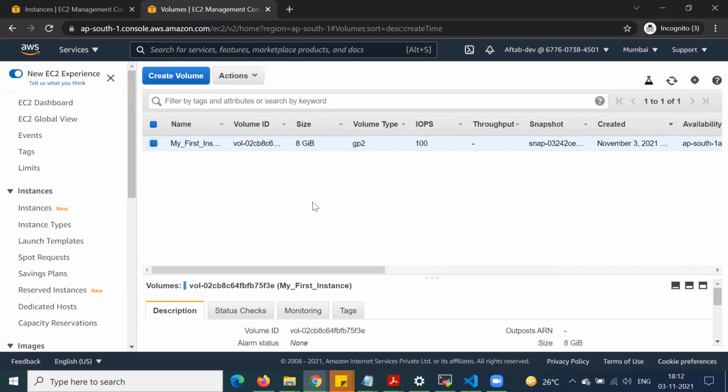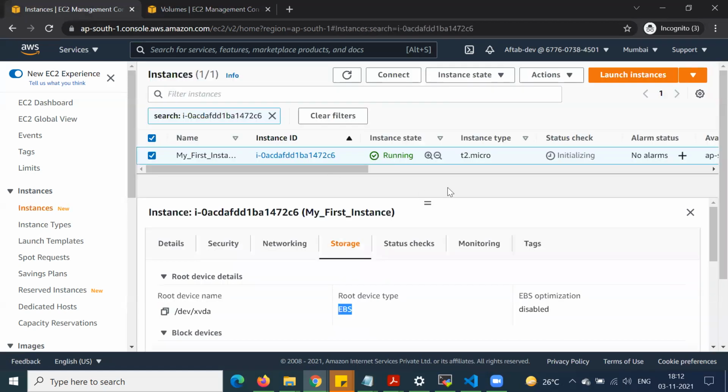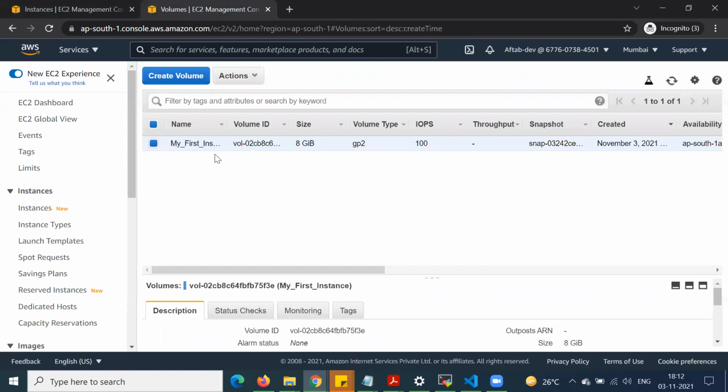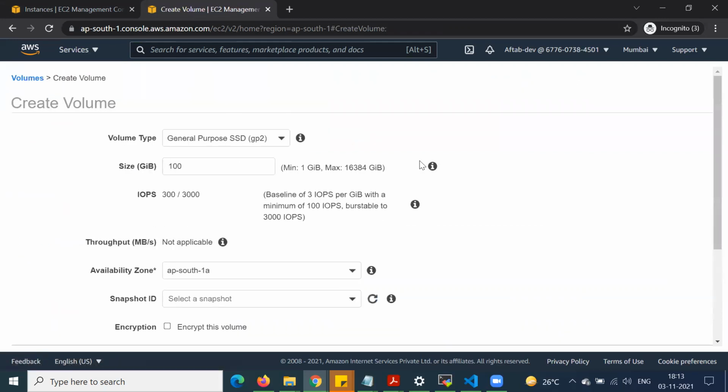So we can create a volume for an ongoing EC2 server, but a better option, if you are creating a volume for a production server or any kind of server, is to stop the instance as a precaution and then create the volume. But we can also create the volume from a running server, right? We just go here and click on create volume.